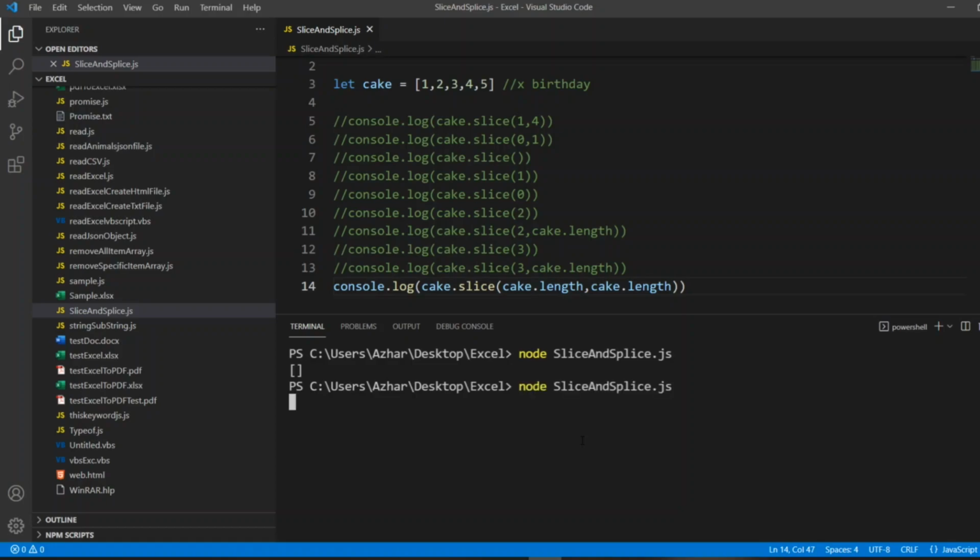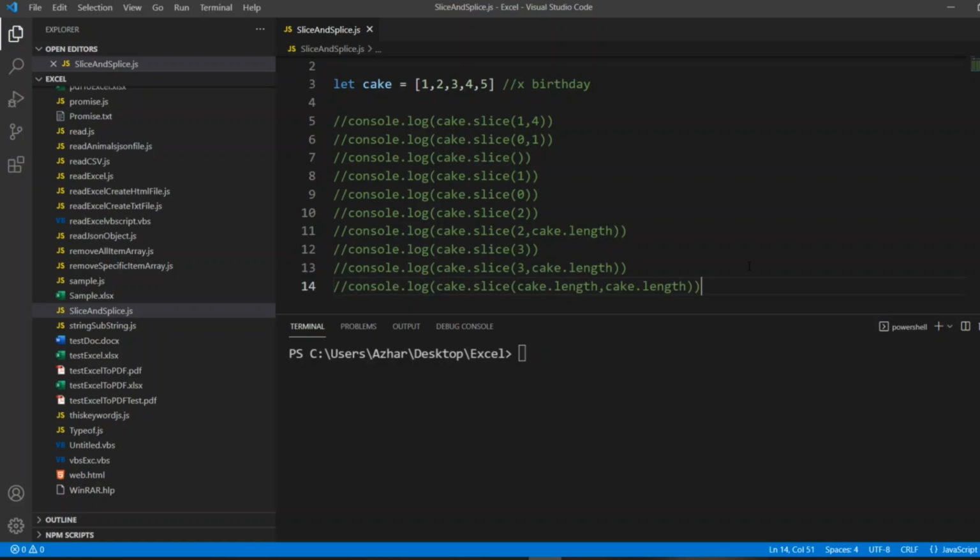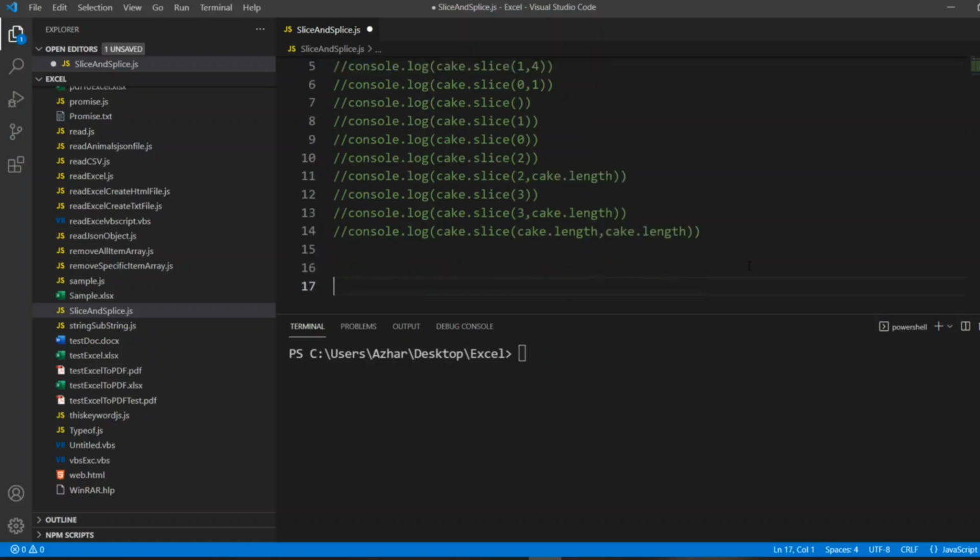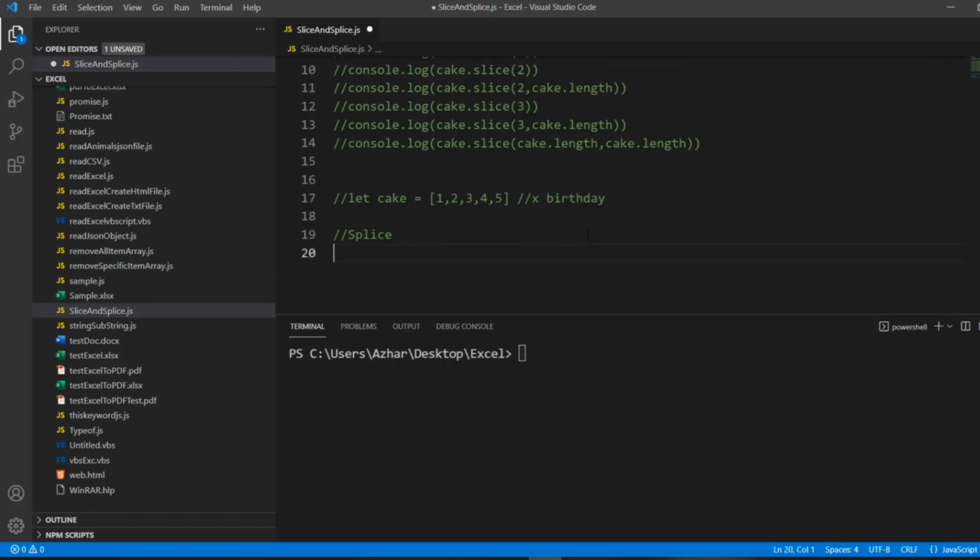Now, let's see splice with a similar example, right? So splice is different, slice is different. What actually we are doing in splice, what actually we are doing in slice. So for splice, I'll take let employee equal to, so I'll take A, B, C, D and E, right?